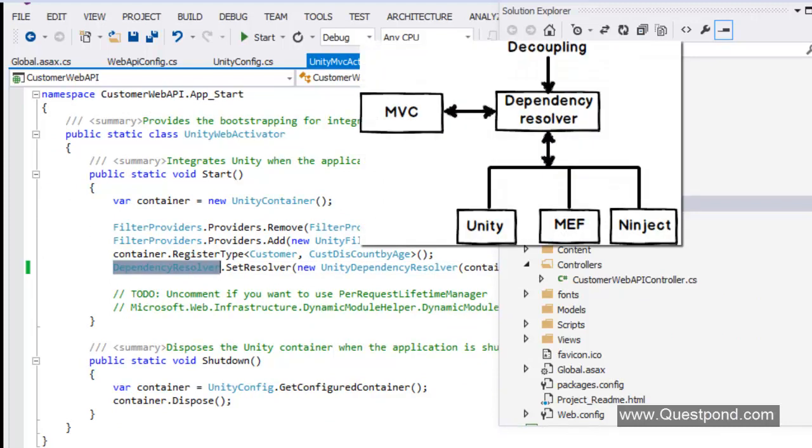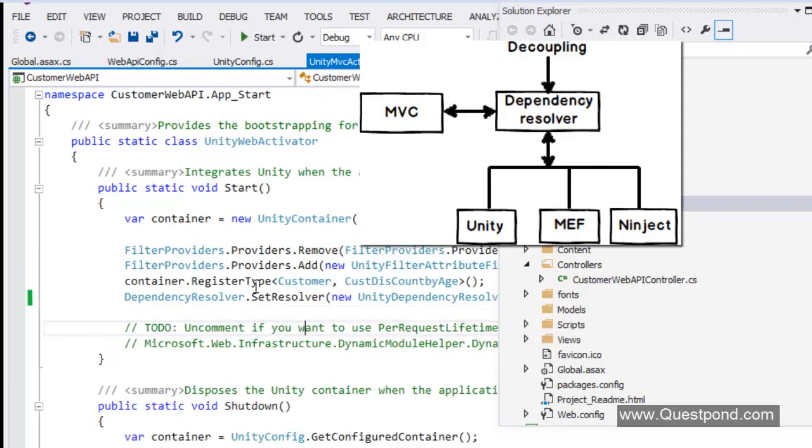This dependency resolver class helps you to decouple your DI framework from the MVC application. If you remember, I said that dependency injection can be implemented in multiple ways. It can be implemented by using Unity Application Block, by using Ninject, or by using MEF.